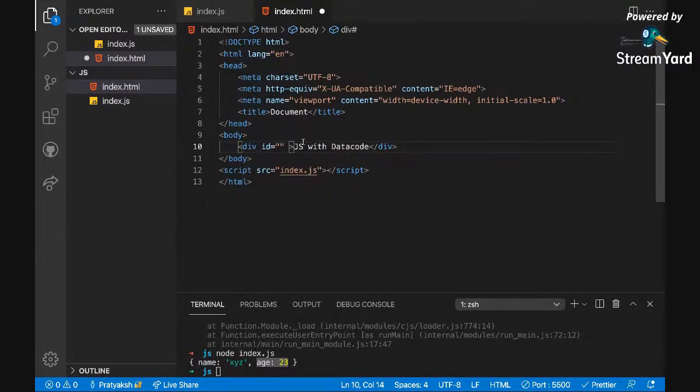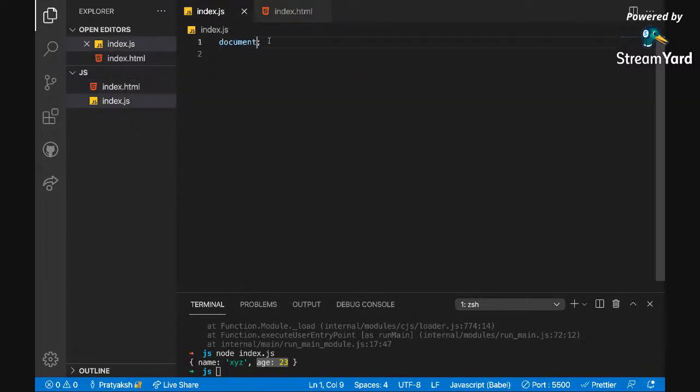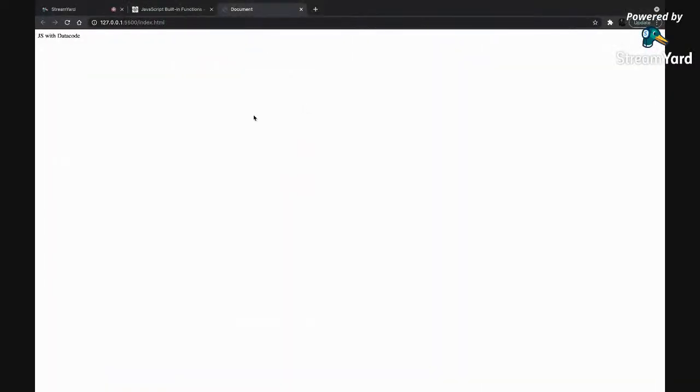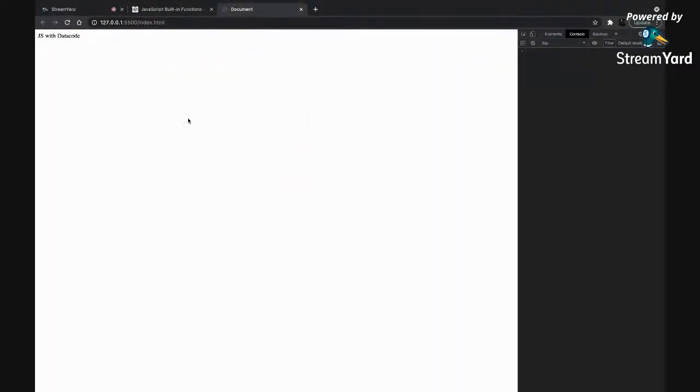So let's say it's root. I gave the name root to this particular div, and whenever I want to access this, let me zoom in a little bit.